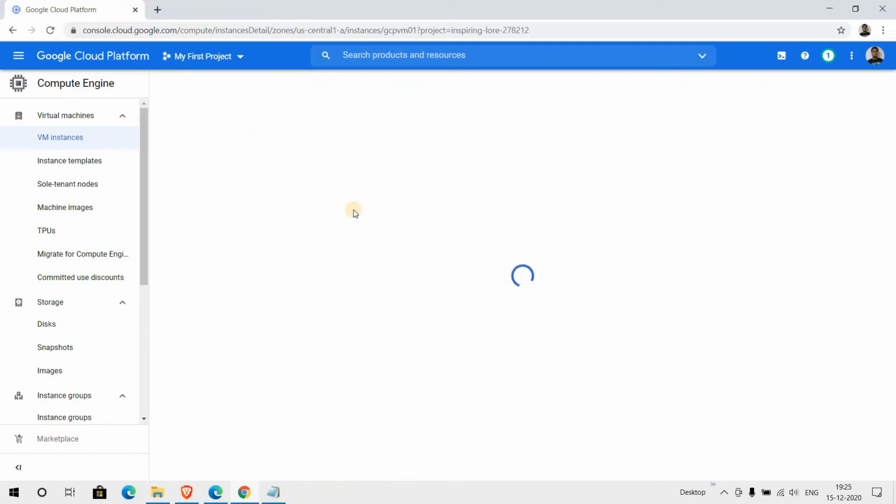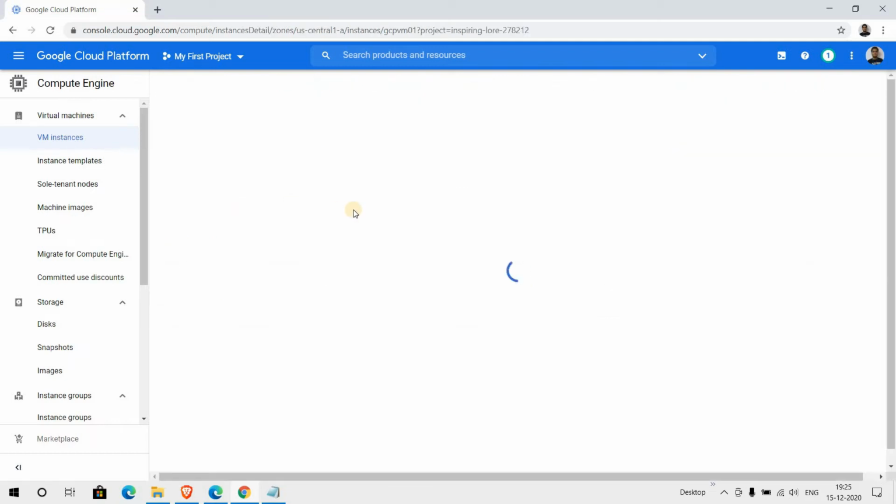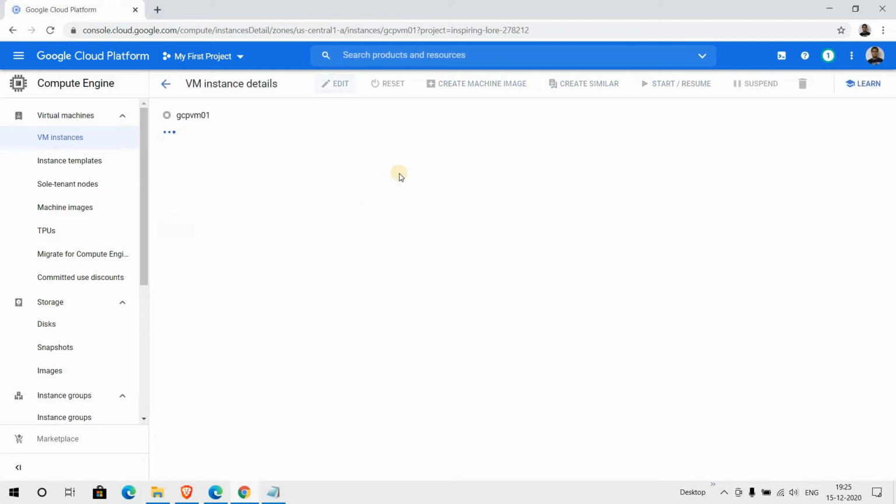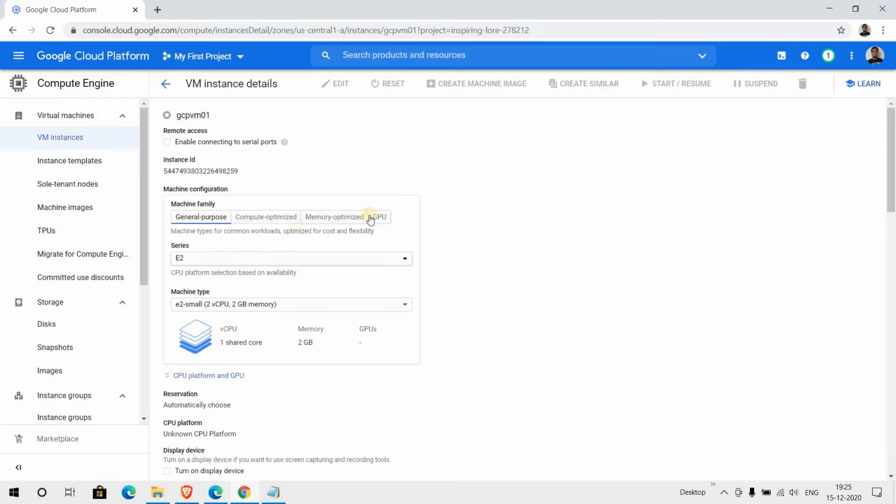Go into this, and once you click on this machine, go into edit, and you will get the correct option here. Here is the type, as we earlier discussed about the machine family, but the type is also very important.